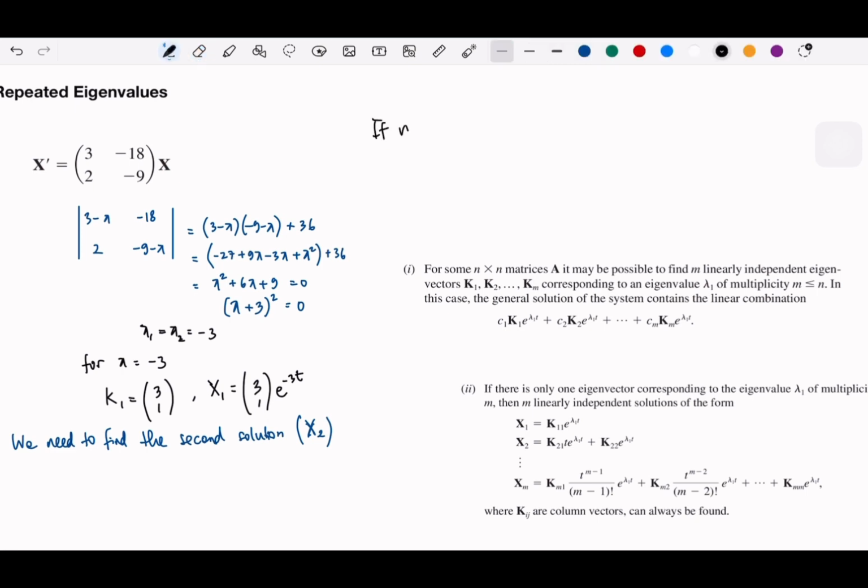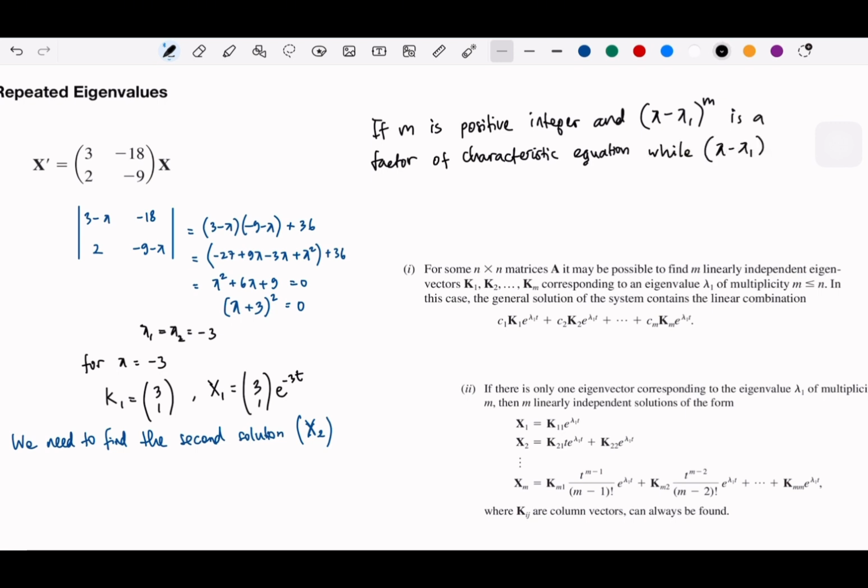If m is a positive integer and (lambda minus lambda 1) to the power of m is a factor of the characteristic equation, while (lambda minus lambda 1) to the power of m plus 1 is not a factor,